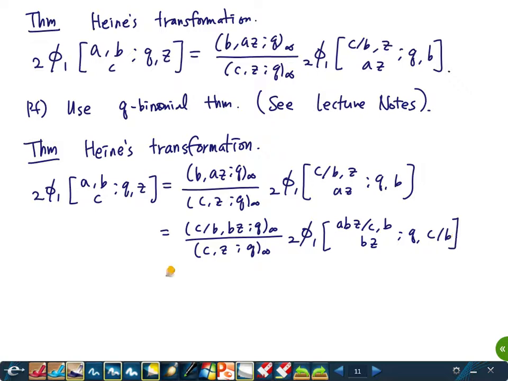And also, if you do this one more time, then you get this. So if you want to change a 2 phi 1 into a different 2 phi 1, you can try to use one of these three things. They are all called